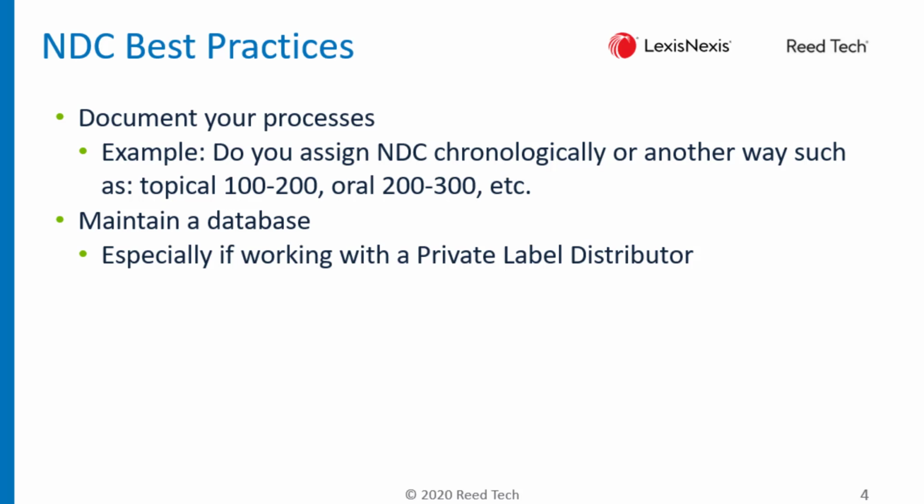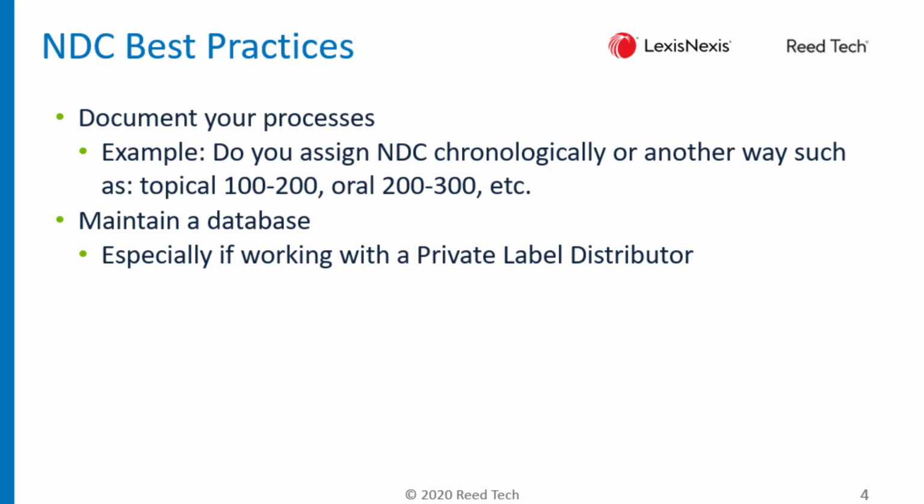So for example, if you have topicals and you want to ensure topicals always start from 100 to 200 and oral dosage form starts from 200 to 300 and so on and so forth. Alternatively, we've also seen it where organizations simply start with first product's number 1, second product's number 2, and keep